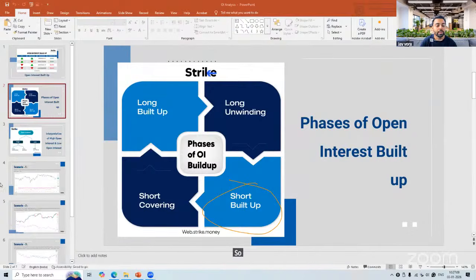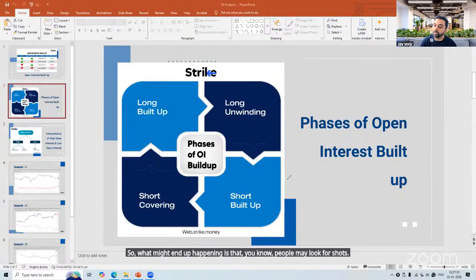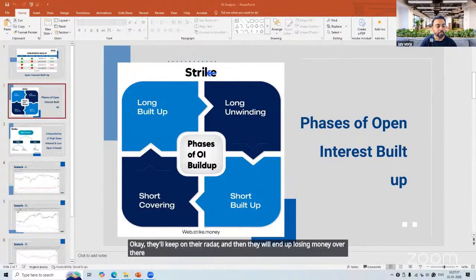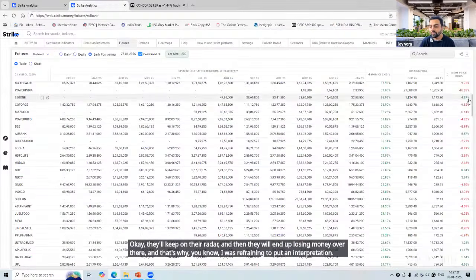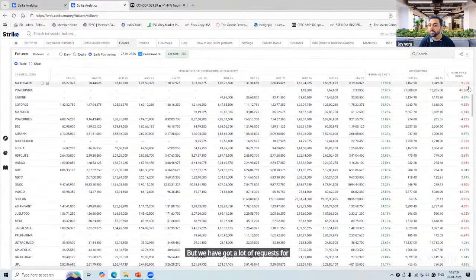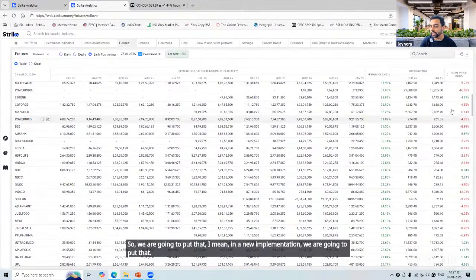So what might end up happening is that people may look for shorts, they'll keep them on their radar, and then they will end up losing money over there. And that's why I was refraining from putting an interpretation, but we have got a lot of requests for that. So we are going to put that in a new implementation, so that it can become a little easier